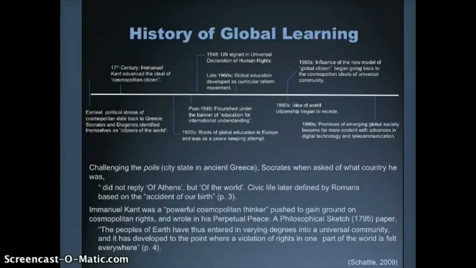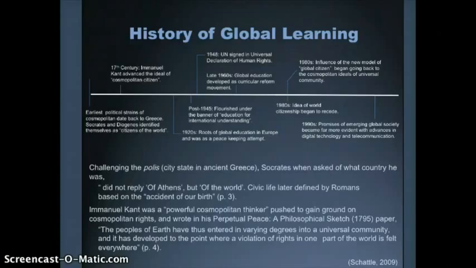Now that we have something of a definition and a series of terms that we can utilize, it's also important to understand the history of global learning. Global learning has literally been around since ancient Greece. It's something that's been integrated into education, from higher education to lower education and primary school, for eons. Some important points to make here is that the origination of global learning is based in Socrates' work in Greece.